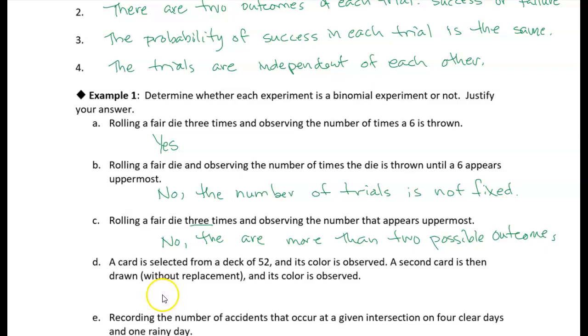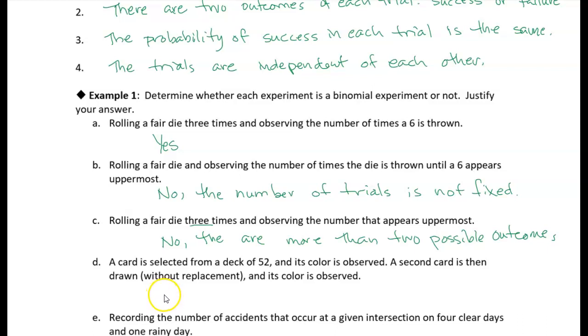Are the probabilities of success the same in each trial? Well, first of all, we have to define what success is. But we could easily do that. We could call red success and black failure, or vice versa. It doesn't really matter what we call success. But the trouble is that when we draw the first card, there's a 1/2 chance that we're going to get